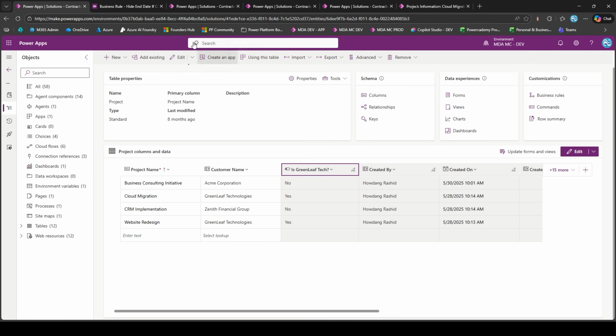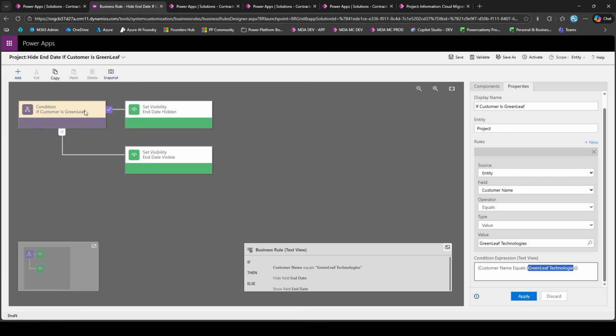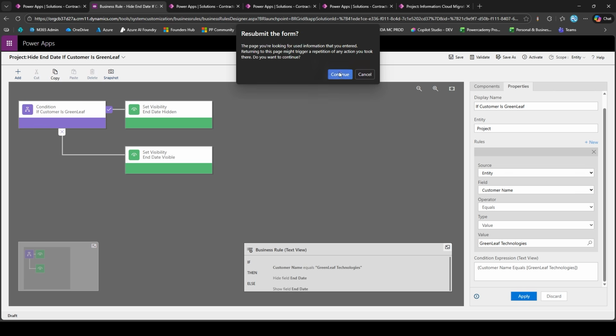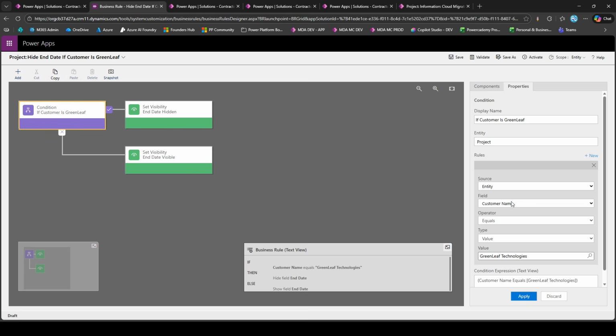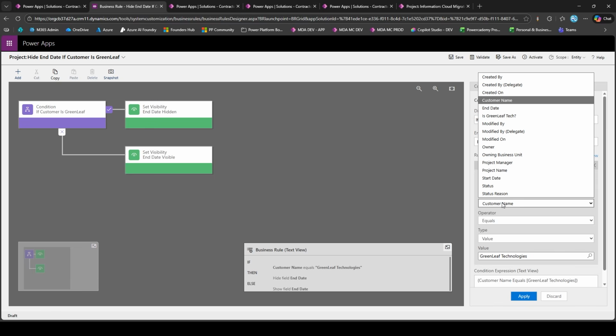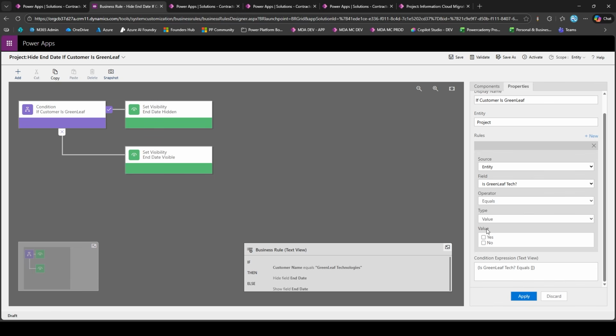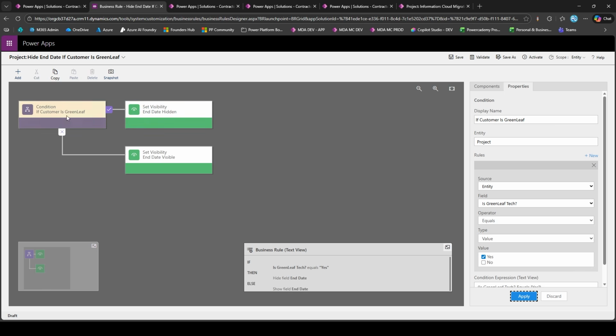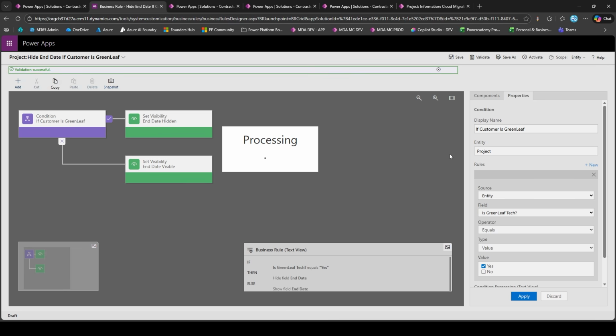So what we do now is we come into the business rule, and instead of driving it on the lookup field, we would drive it on if it's Greenleaf Technologies. So if I refresh this, and we just want access to that field now. So if I come into here, yep, we're on the project entity, but we want is Greenleaf Tech, and we want to say if it's Greenleaf Tech, so if this is yes, then the logic is true. So we can run the visibility logic the way that we want it to. We apply this, we click out, we activate,